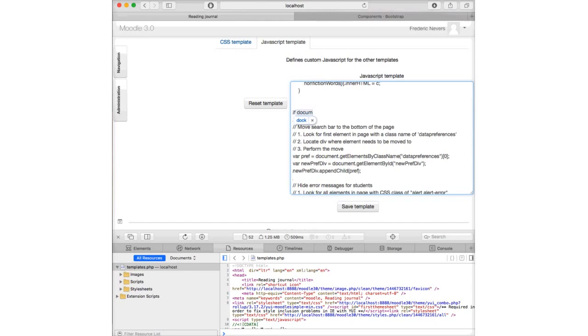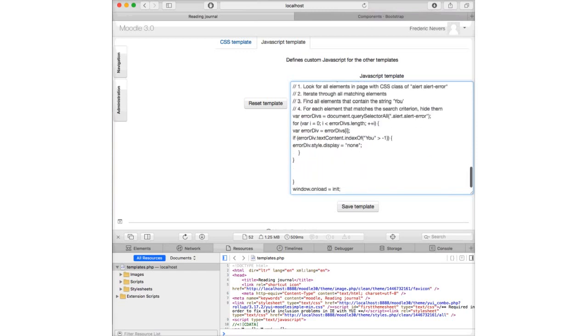So if document.getElementById, so that will allow me to go and get the element that I've just created that has an ID of is list, and then I'm going to put the curly braces around this, and I'm going to say just run this code for this page here,